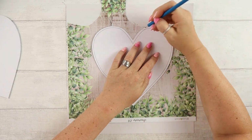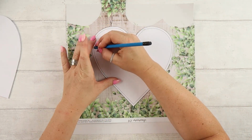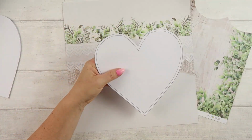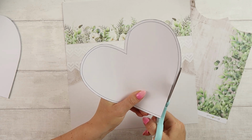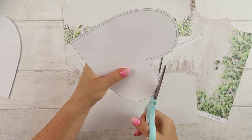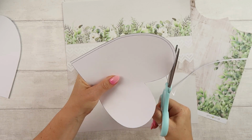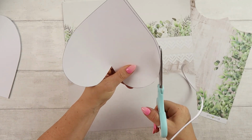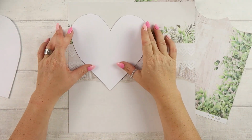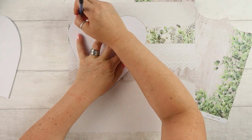So I'm going to trace the template on 2 layers. I have chosen the papers to go on the card. Actually, later you will see that I have swapped the first layer for a darker paper, because I wanted more contrast, so the one I was cutting out I'm going to use inside the card later. So I'm tracing the bigger layer first, then I'm cutting out the smaller heart and tracing the smaller second layer